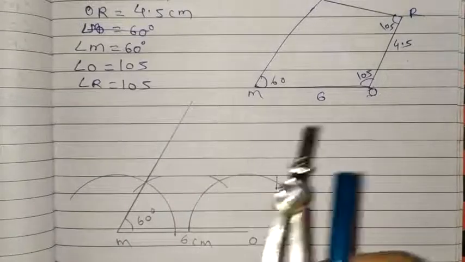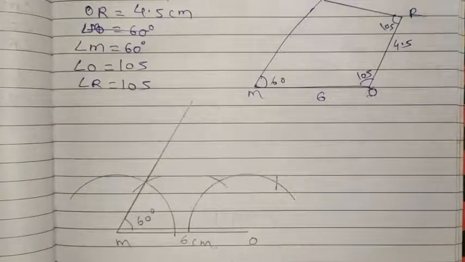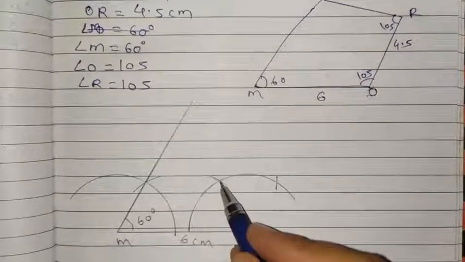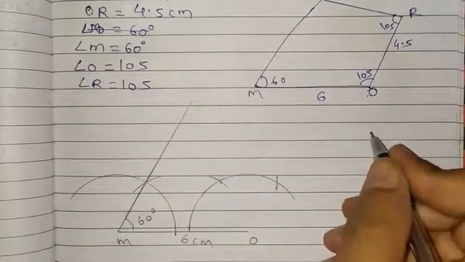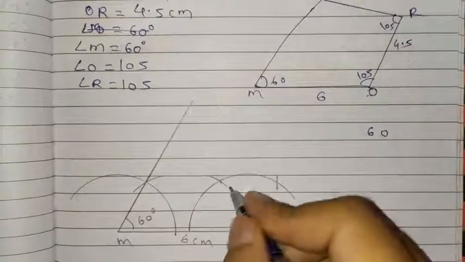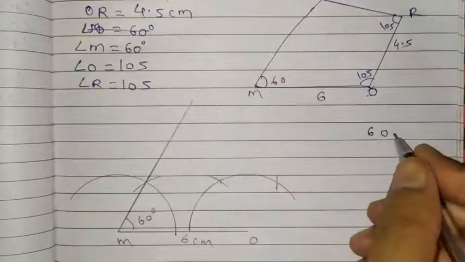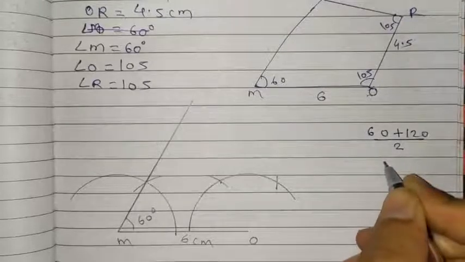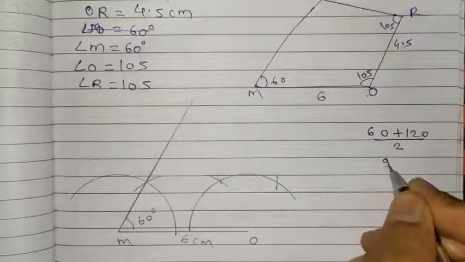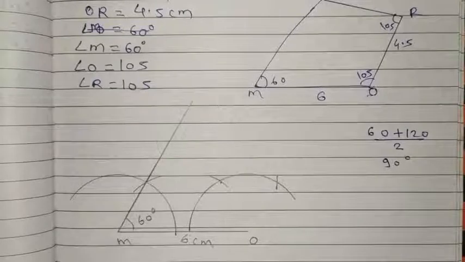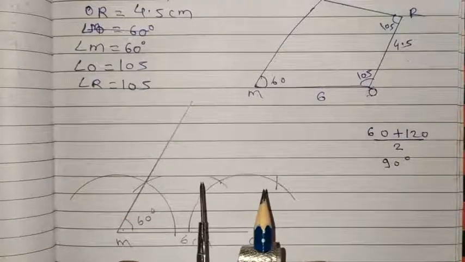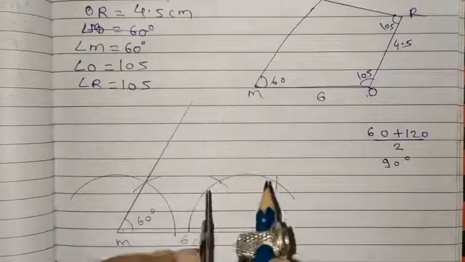So now here we want 105. Here I tell you one thing, we will go step by step. This is 60, this is 120. So you have to take the average because first you have to make 90 degree. So 60 plus 120 divided by 2, it is 180 by 2, means it is 90. So first you have to draw 90. Whatever the distance of the compass was there, you can keep the same or you can increase it a little bit, not an issue.